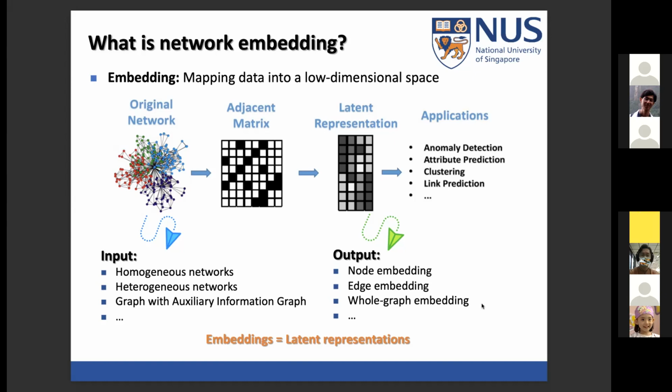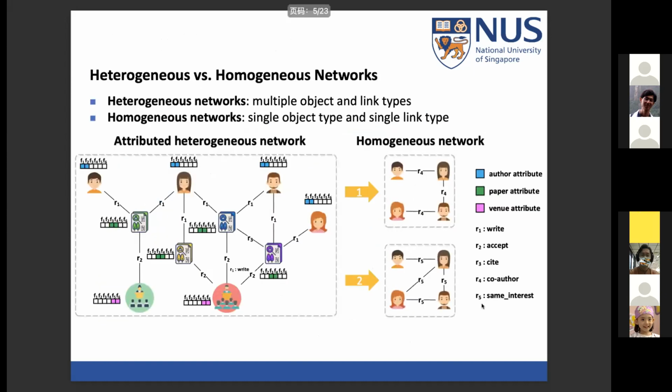And in this work, I focus on embedding an attributed heterogeneous network and embedding the nodes to give the node embedding. So first, we need to distinguish the difference between a heterogeneous network and a homogeneous network. A heterogeneous network has multiple types of nodes and edges, but a homogeneous network just has one type of nodes